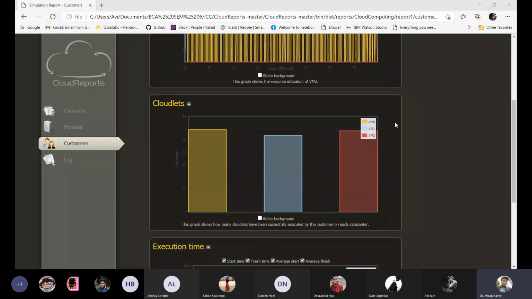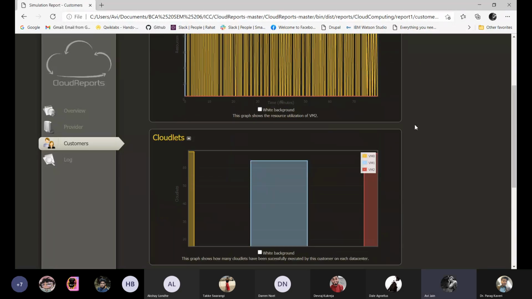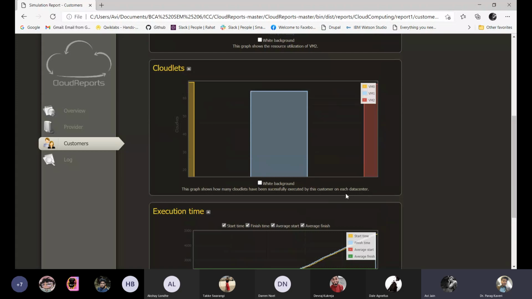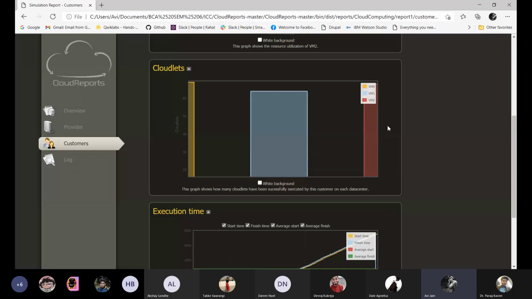What are you unable to understand? This cloudlets one. Cloudlets are the instructions that you're passing. In this I've added 3 virtual machines. For these 3, where are the instructions being passed?